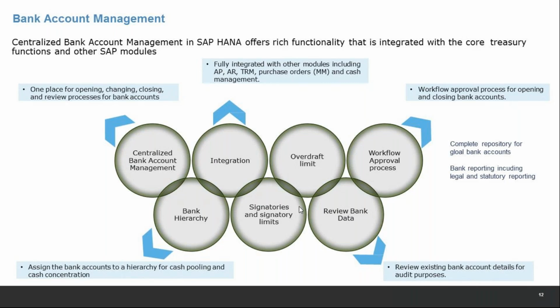So even if you are not implementing treasury, the basic scope of cash management, which means the creation of bank accounts, comes with the license of S4, basically S4 FI. Because even if you are implementing FI, you'll still need to create bank accounts. That's called the basic scope, and the full scope includes your entire cash management of S4 HANA. Right now, most of the clients are taking the full scope of cash management, the most commonly used module. I would say even more used than treasury at times.